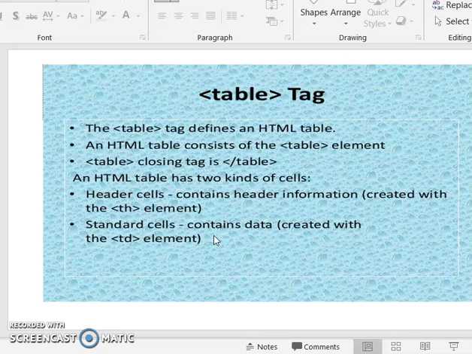For example, in a table we want to display some information like name, age, mark. So name, age and mark are headings. We use the th tag to describe these headings, and the td tag is used for describing all names, ages and marks. So data is displayed using td and the header information is described using the th tag, and these two tags are inside the table tag.